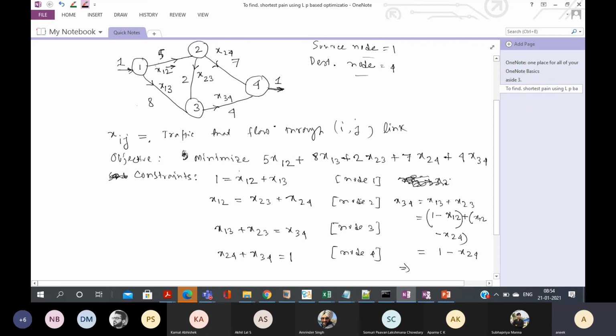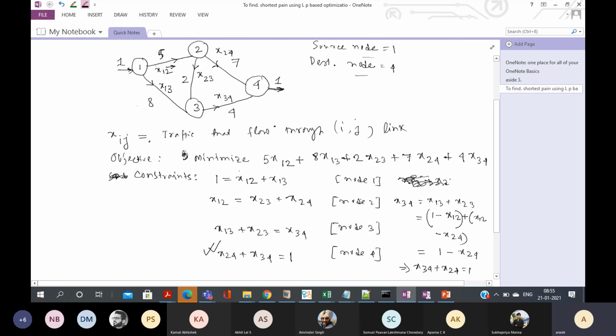This implies that x34 plus x24 is equal to 1. So that means I can get this equation as a linear combination of the other equations. This equation is not adding any value to my existing constraints. So you can use it, no harm in it, or you can cancel this equation.